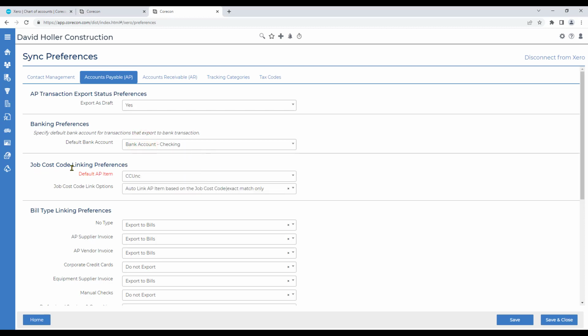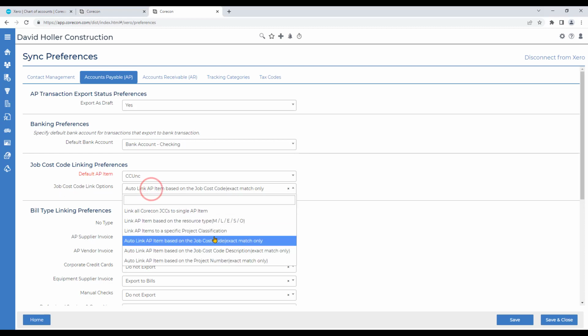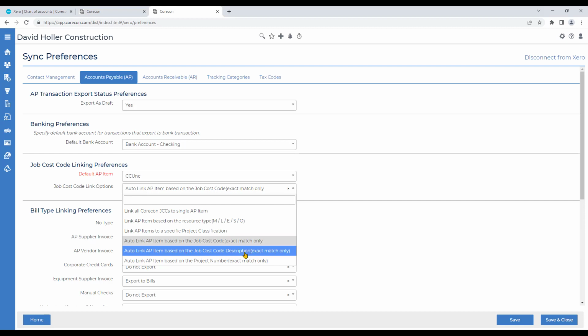The job cost code linking, we're going to use the CCUNC as the default AP item. That's the clearing item we discussed. And then for the job cost code link options, we're going to use the auto link AP item based on job cost code, exact match only. There is an option to match the description, but we recommend that you use the job cost code exact match